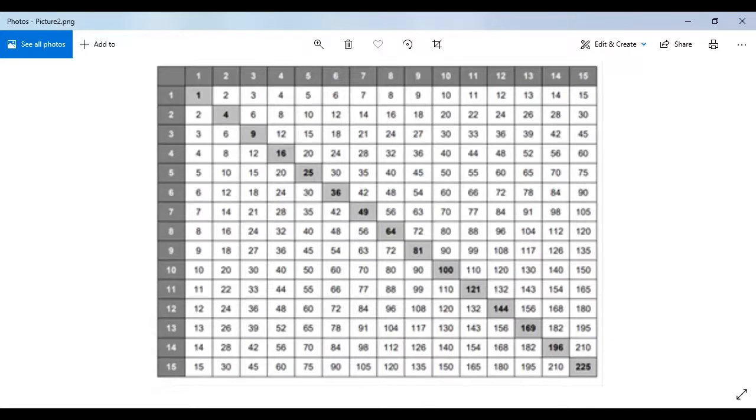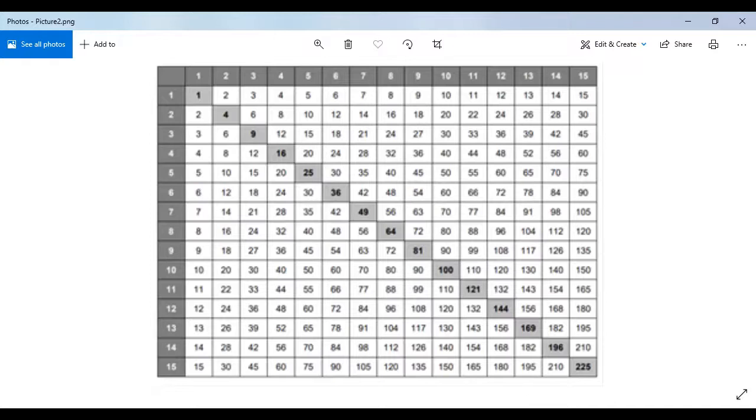Very well done. Now I want all of you to open your book, page number 65. This says to write less than, greater than, or equal to in the boxes between each pair. There are some products given. You will use this multiplication table to find the product. Let's say the first product is 3 cross 4. You will look into the multiplication table for the answer of 3 cross 4. The answer is, let's say, 12.